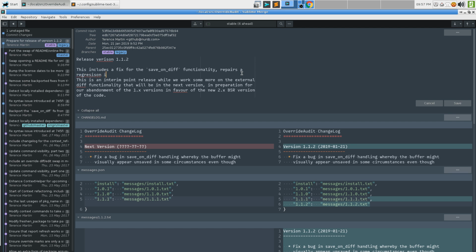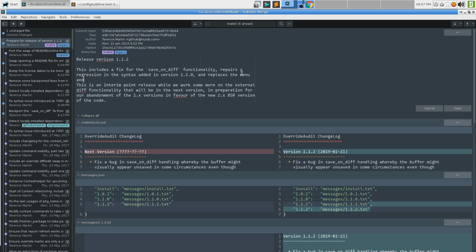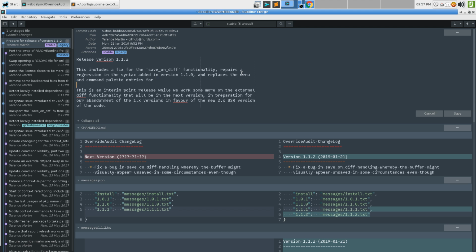regression in the syntax added in version 1.1.0 and includes and replaces the menu and command palette entries for. There's a potential problem here if people had default .sublime commands override in their OverrideAudit package, and I changed it,